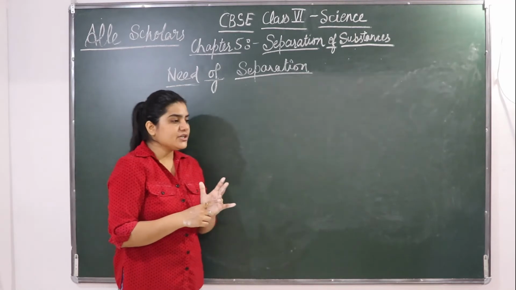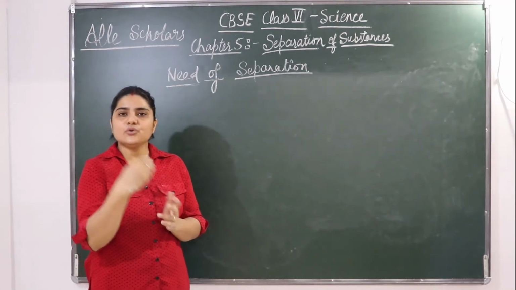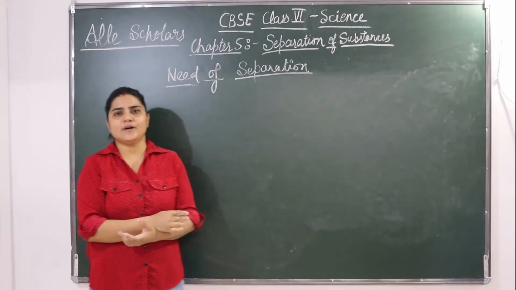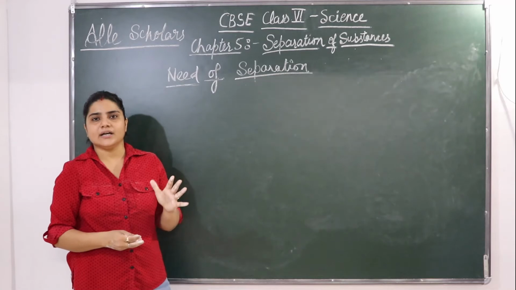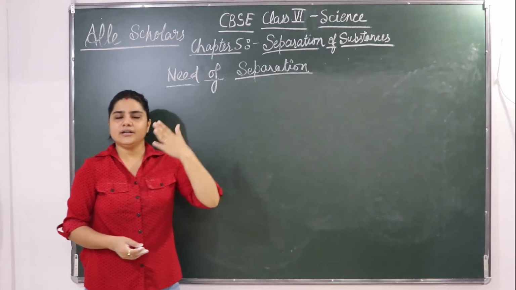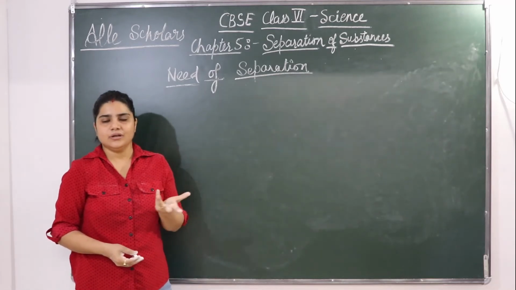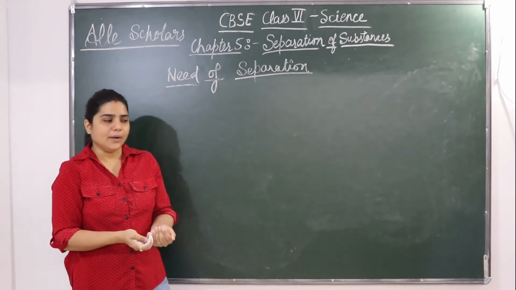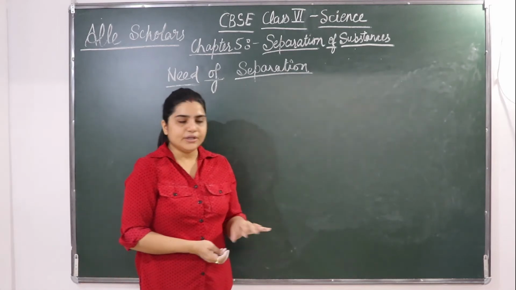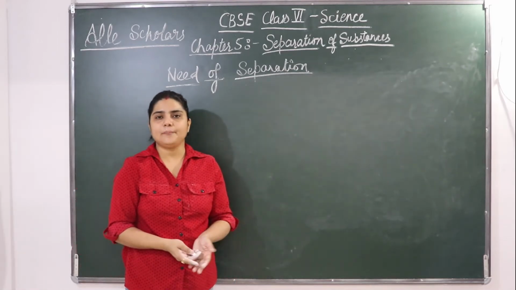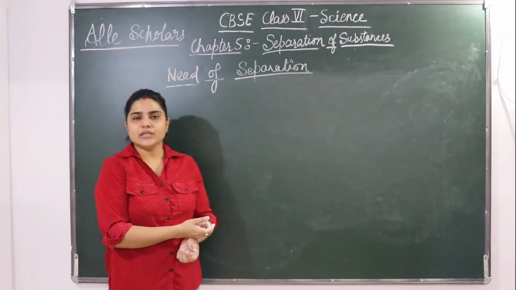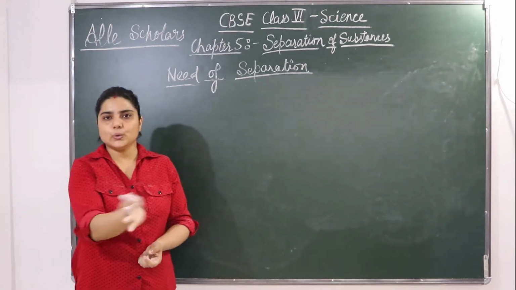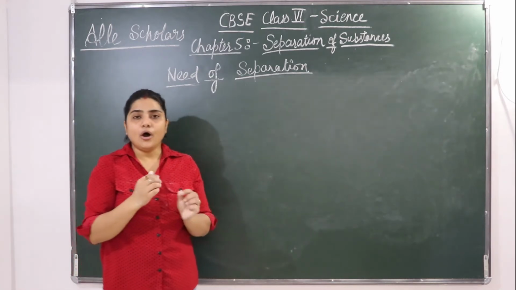We do separation because we need to obtain the useful component. हमें useful component चाहिए और unuseful वाले को useless को हटाना है. टी हमें चाहिए और टी लीव्स हटाने हैं, यूजलेस है. तो we just do the separation to obtain the useful component. To remove impurities for getting a pure sample. बहुत बार impurities होती है, बहुत सारी किसी भी component में, उनको remove करना हमें. और बहुत बार